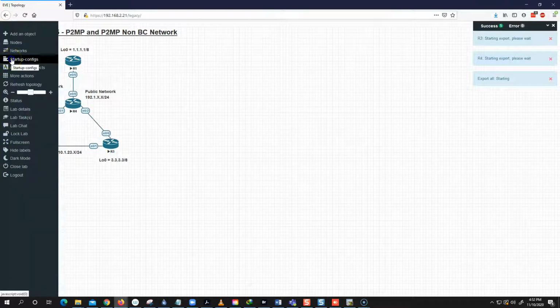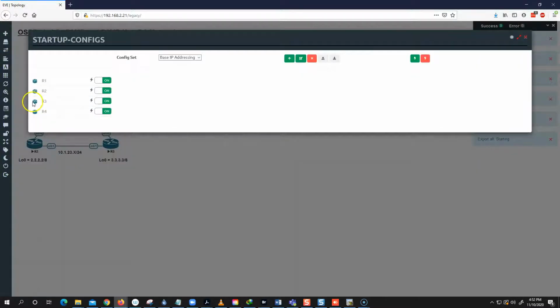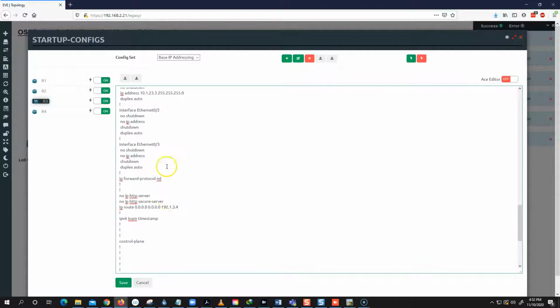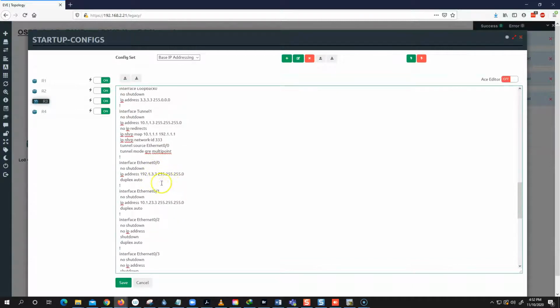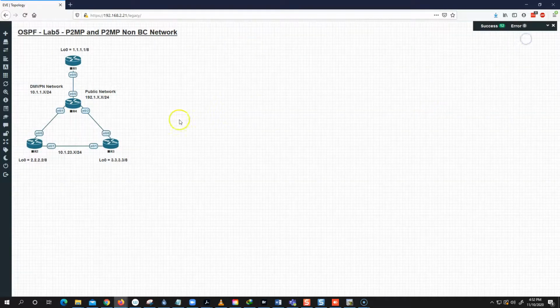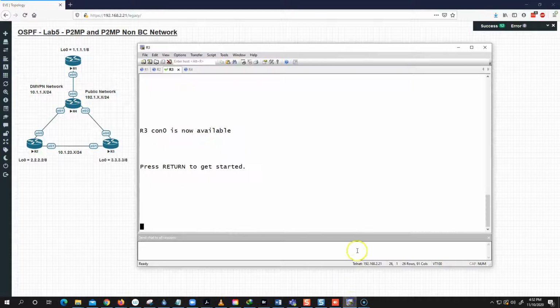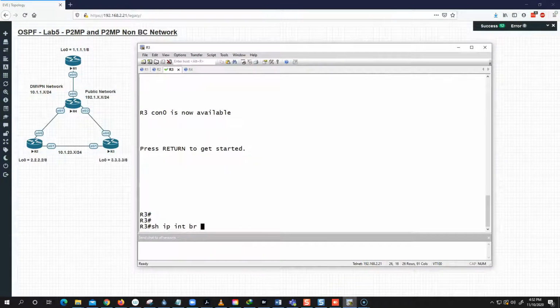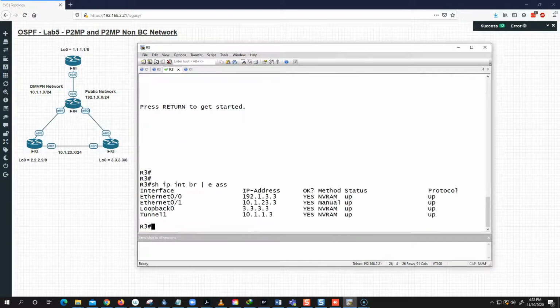Now if I go on to the startup config on router 3, I should have that interface configured. So there you go. So now I can move on. I will do the final lab config and load it. And now I'm back. So now if I look at show ip interface brief, exclude assigned, you can see that now I have one public